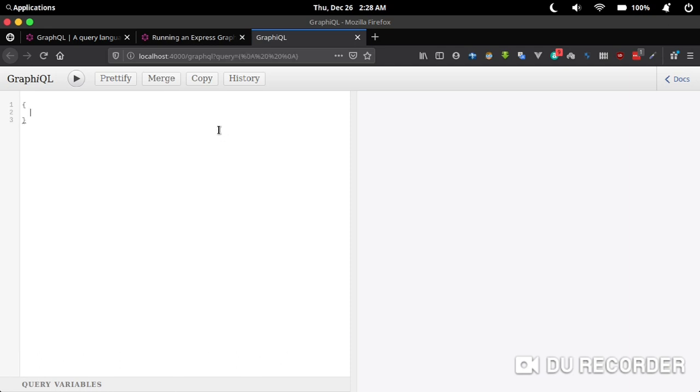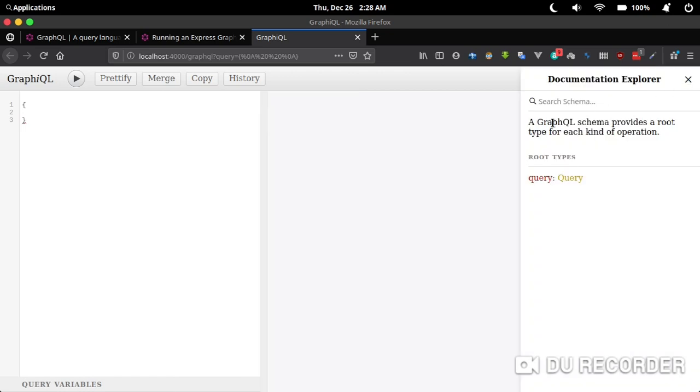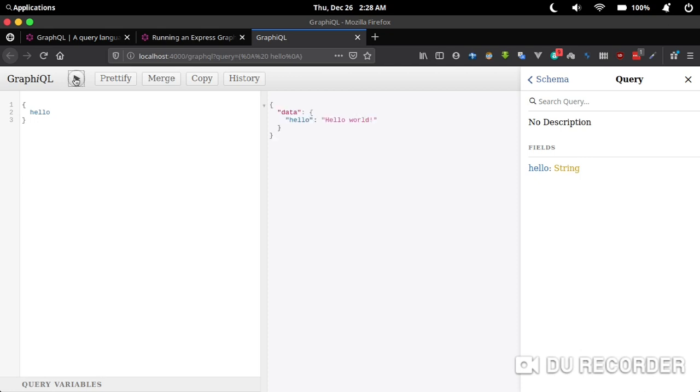So let's go ahead and then see the docs over here. A GraphQL schema provides a root type for each kind of operation. So you can make a query like hello and then get a string. So let's say hello, and then hello, I believe takes, so hello like this, and then we get hello world, right? So this is basically how GraphQL works. Now I know